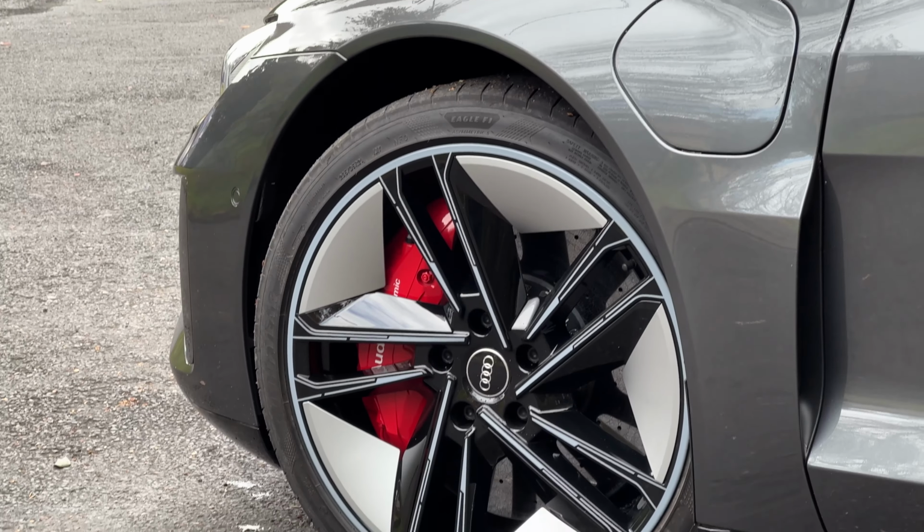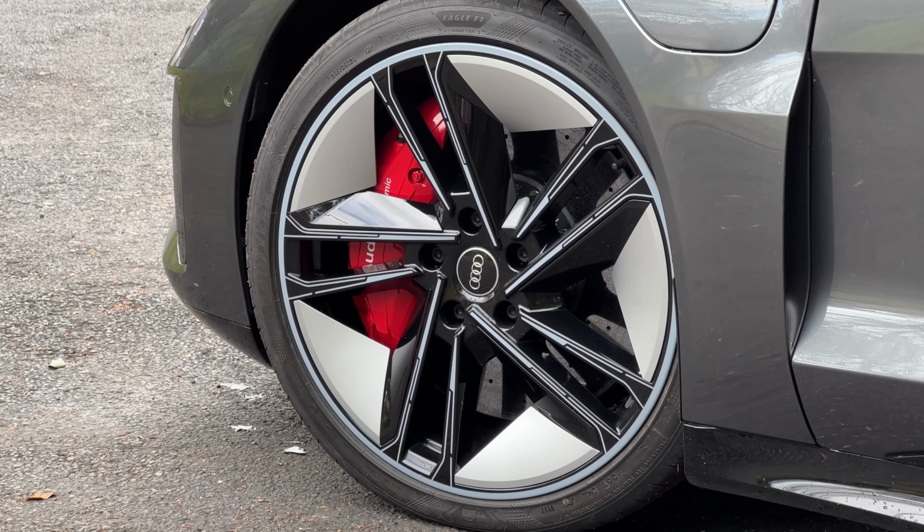It is quite expensive, but it comes, I think, reasonably well equipped for the money that you're paying for it. It has really nice technology, including LED, matrix and laser headlights. Those laser headlights are amazing at night time. You can see something like 600 meters into the distance with them on high beam. They are exceptional lights. There's also 21-inch wheels, adaptive air suspension, four-wheel steering, a sports differential as well, a bunch